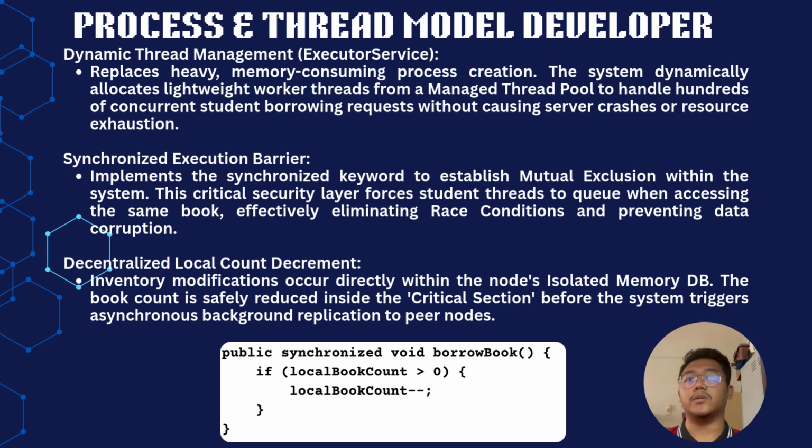Lastly, for decentralized local count decrement, the modification occurs directly within the node's local memory. The book count is safely reduced inside the critical section before the system triggers asynchronous background replication to peer nodes. To prevent race conditions and data corruption, I implement a synchronized method based on this code: public synchronized void borrowBook, if local book count is more than 0 and local book count